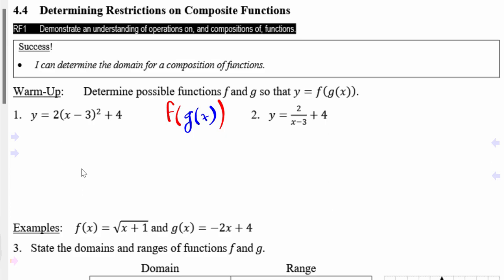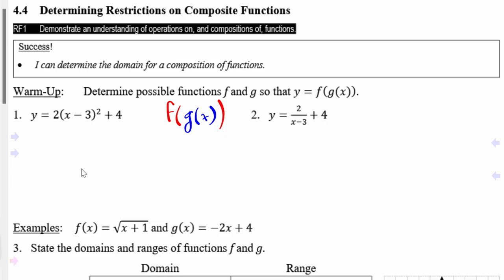In 4.1, we looked at how we add, subtract, multiply, and divide two functions if we are given their graphs. 4.2 was if we're given their equations, how do we add, subtract, multiply, and divide. And for both of those, how do we figure out the domain in each situation, and the range at times as well. 4.3, we looked at the composition of functions,